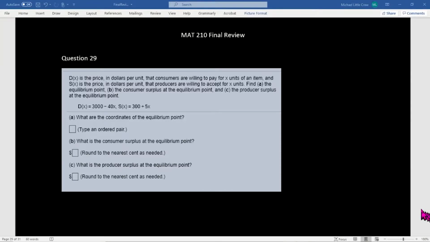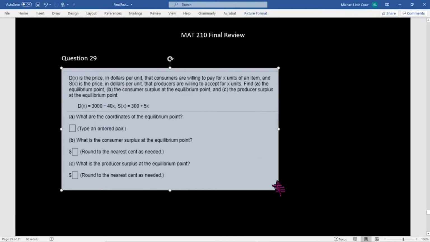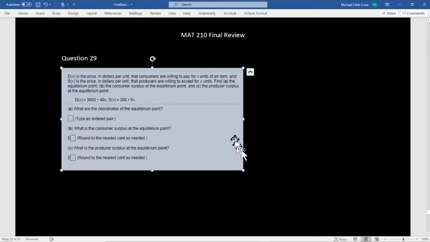Okay, we are almost there. Two more questions. This one, let me shrink it down a little bit so I have some room to work. Okay, so we're going to get consumer surplus